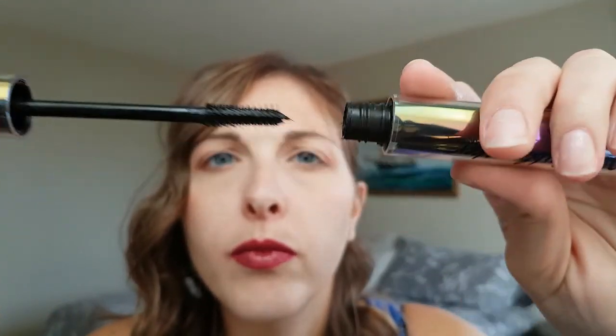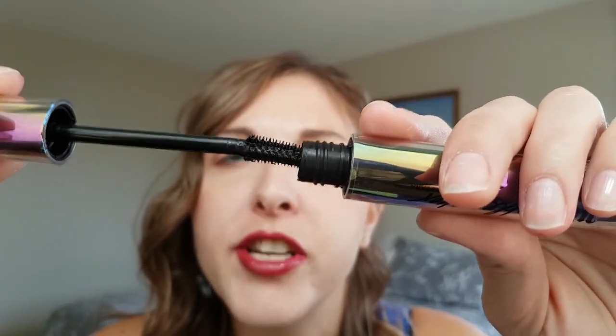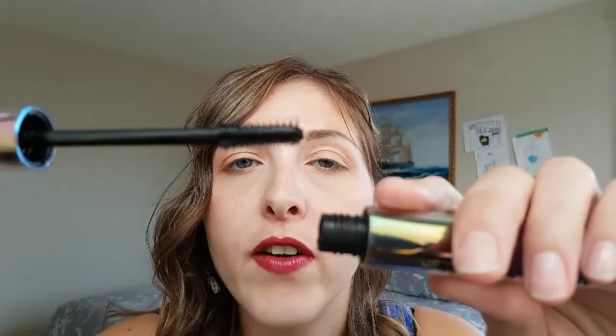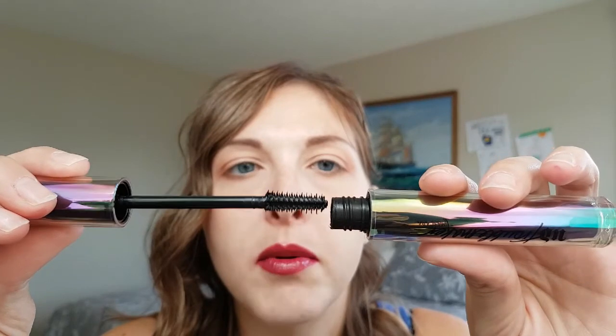We take this out, and it's a fairly thin brush. It's got a lot of bends to it. It's pretty bouncy. A lot of brushes are pretty stiff. And not a ton of product comes out, which is nice. I find when they come out with just so much product on the wands, you end up smearing it. This one I really only have to dab off the end a tiny bit, and I'm good to go. A lot of other mascaras I need to dab onto a tissue to make sure they aren't going to smear